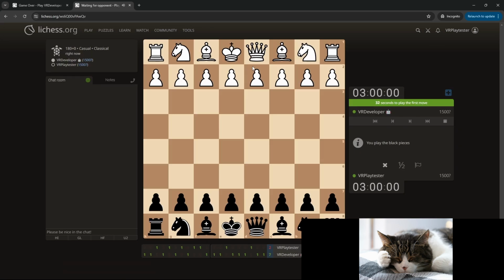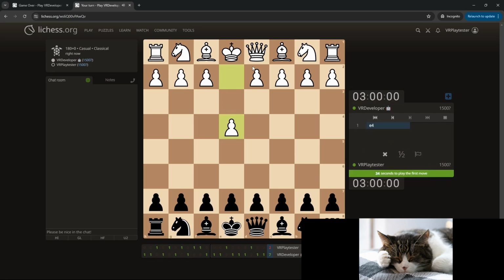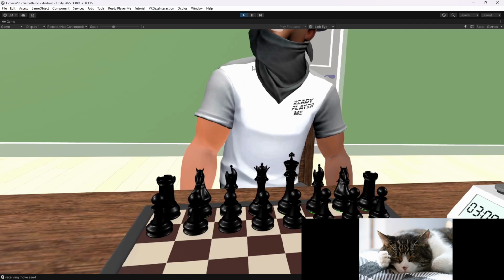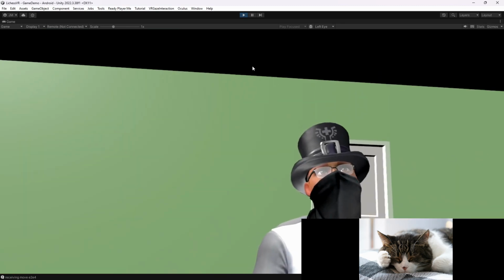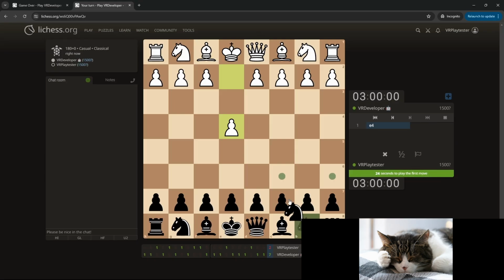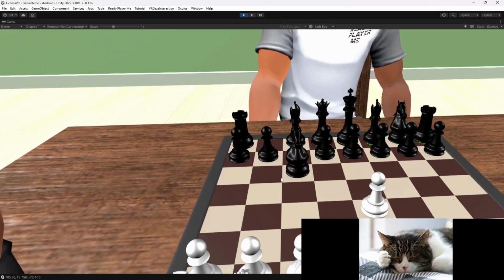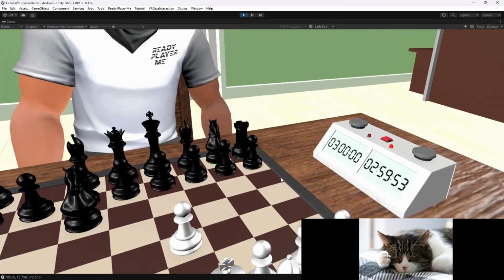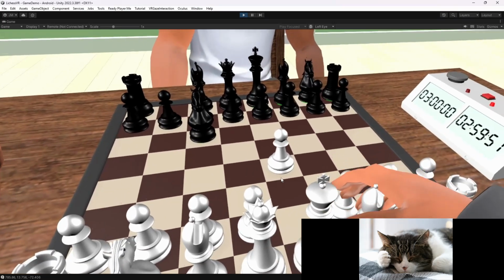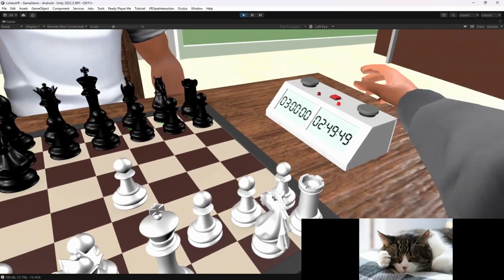Now I have to hurry about this because you only have a few seconds to play, or else it'll abort you and give you a temporary ban, which I actually got. So let's play. So we can play our move, and then we send the move, and you can see it there. Oh wait, you can't see this game, but yeah, we played our move, we sent the move, and then we'll play a response, and then we see in the game them playing the move. I'm not sure if you can see that, but yeah, and then we also have the clock updating here,